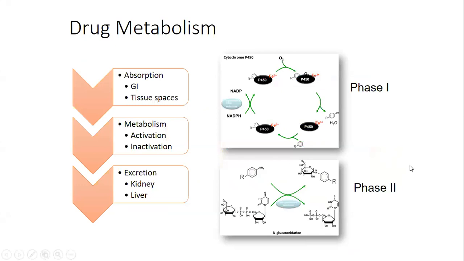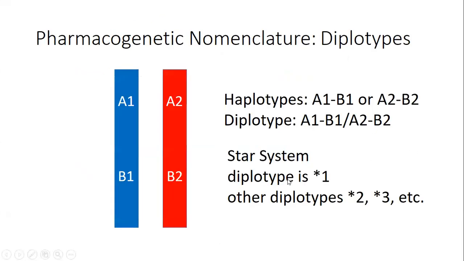Quick word about pharmacogenetics. If you conceptualize the process of absorption, metabolism, and excretion of a drug, many of those events are controlled by various genes. There are phase 1 reactions where usually the cytochrome P450 system is involved in oxygen-related reactions that may either activate or inactivate certain drugs. And phase 2 reactions are conjugation reactions that affect solubility. There are a variety of genes that have been associated then with either changes in the ability to activate or inactivate drugs or to excrete them.